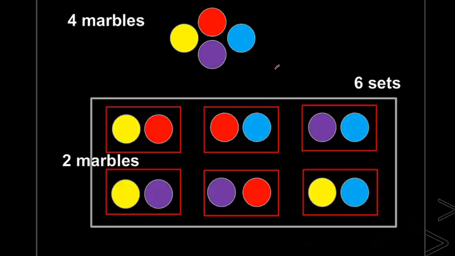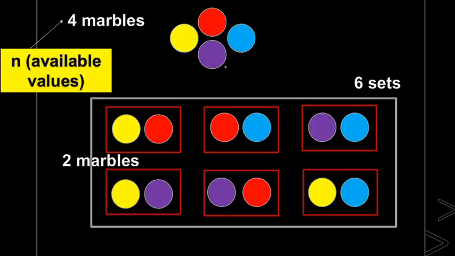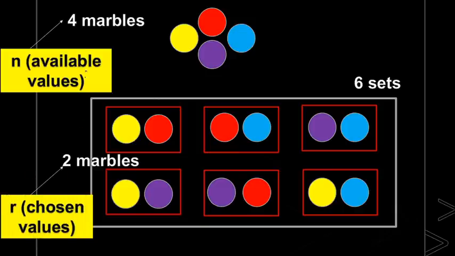The 4 marbles, right? This is nothing but your availability. This 4 marble is your availability. The availability is termed as n. Okay, mathematically this is termed as n. N is nothing but available values. Okay, next case, these 2 marbles. From n values, we are choosing 2 values. Yes, the chosen number of values is what we call as R. So do you understand n and R? N is nothing but number of availabilities. R is nothing but how many am I telling you to choose. That is what we call as R.